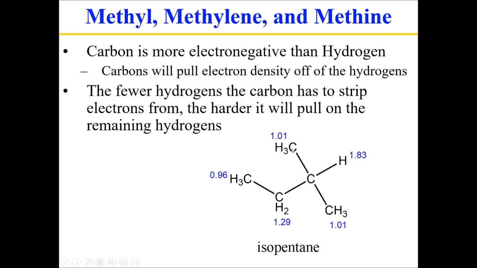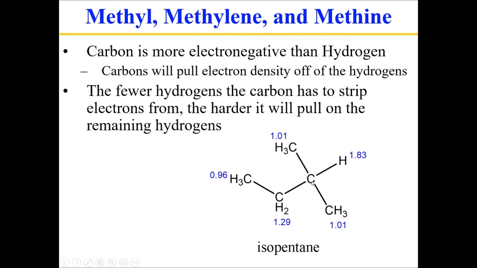That's because this carbon right there gets to take a nibble off of 3 different hydrogens, so it doesn't pull as much electron density off of each hydrogen. But if you have a carbon that can only get electron density from a single hydrogen, then it's going to take its full meal of electrons off of that one hydrogen. That pulls the electrons off of that hydrogen, de-shields it, and you end up with a higher shift value. So methine carbons typically have higher shift values than methylene carbons,